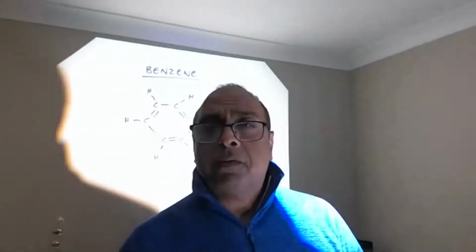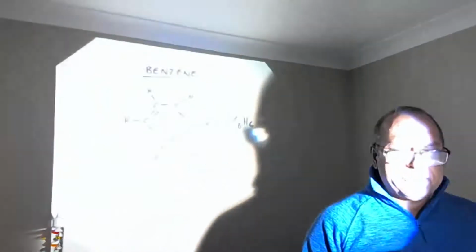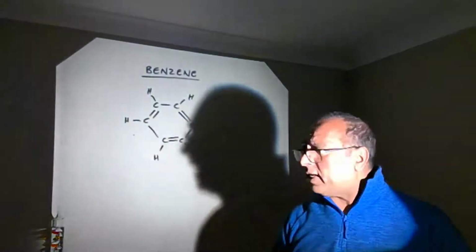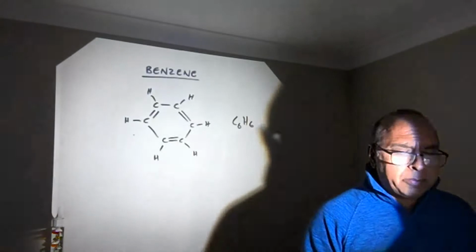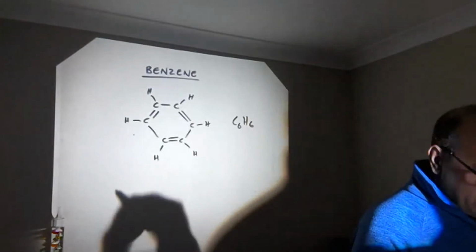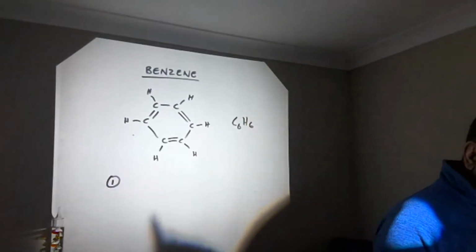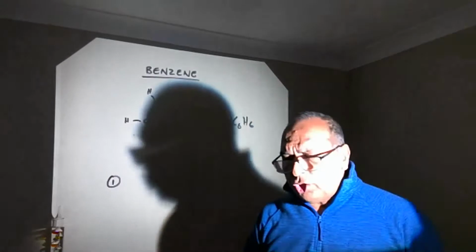But more recently, when we have more spectroscopic methods and we've got more chemistry, this structure came to be questioned by chemists. Let's have a look at what evidence there was that the structure Kekulé proposed was indeed wrong. Well, firstly, you should know